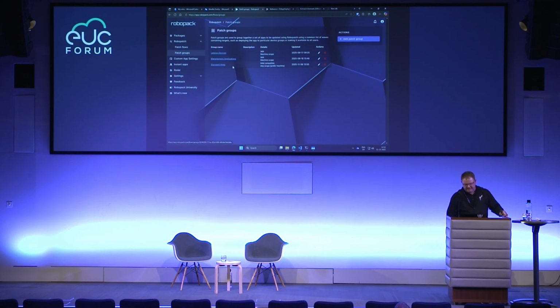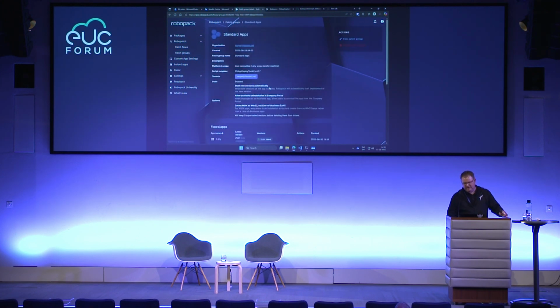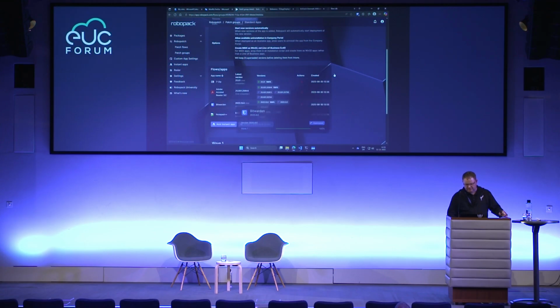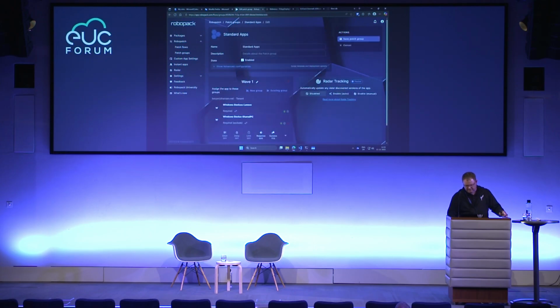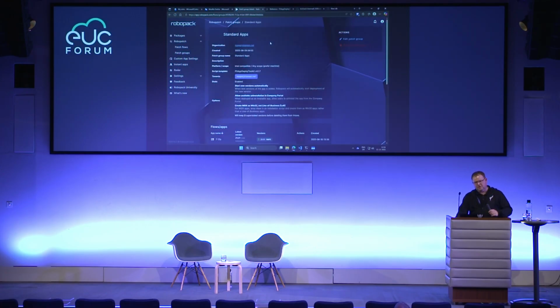We can put the application in a standard apps group, and then I can assign a group for this patch group of applications. So every time I put a new application in the patch group, it will automatically be assigned to the groups I have assigned to this patch group, meaning that it will be rolled out to each and every device being targeted by